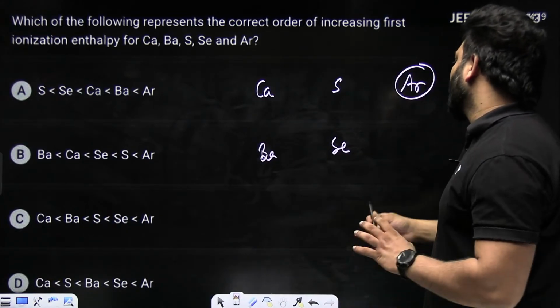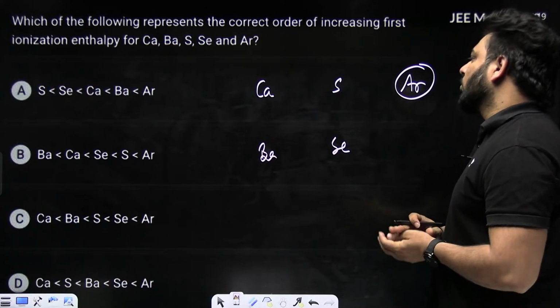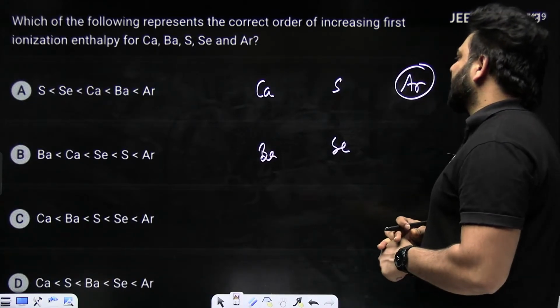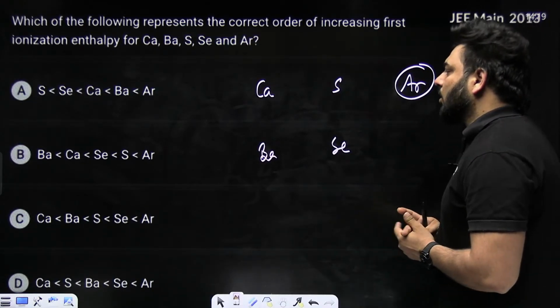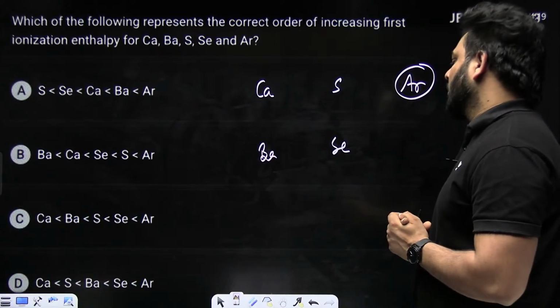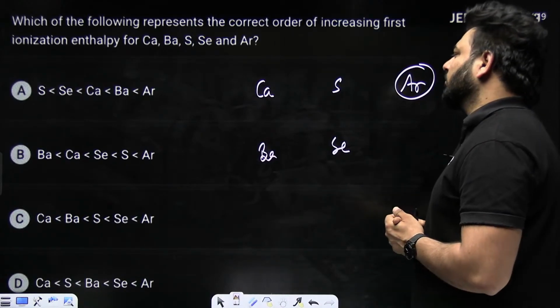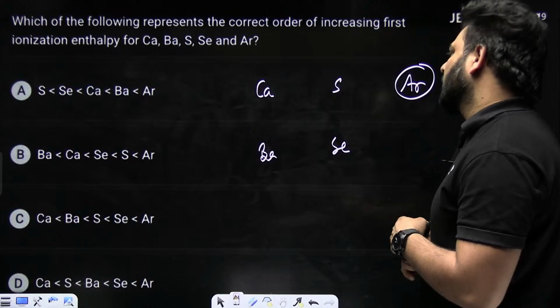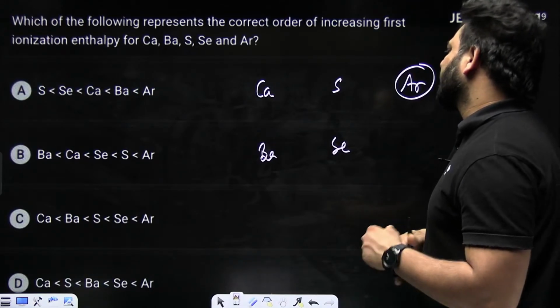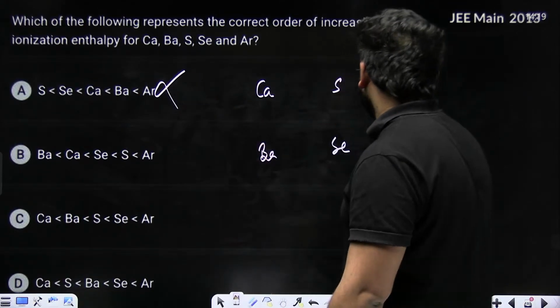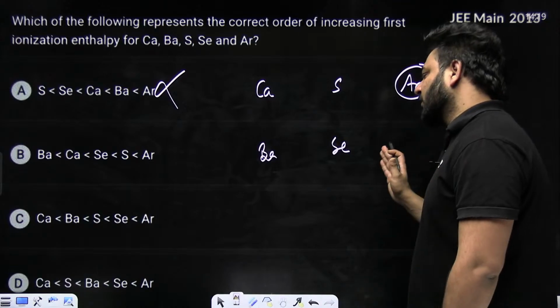Argon followed by selenium, followed by sulfur, argon, sulfur, then calcium, then selenium, and then sulfur. No, this is wrong. Argon, sulfur,